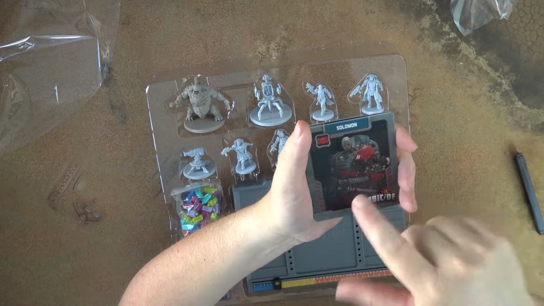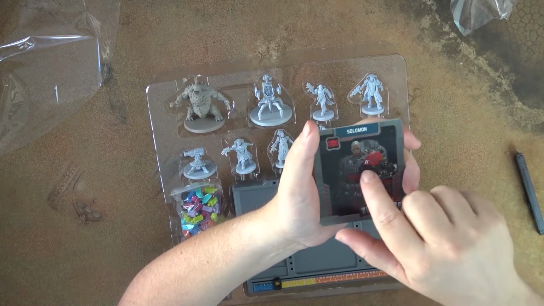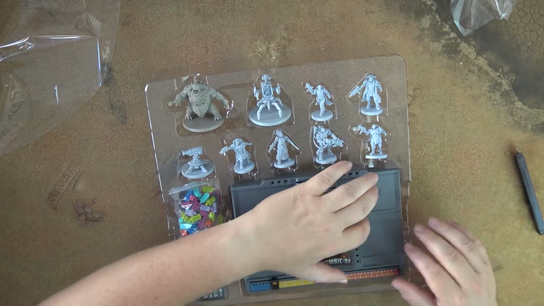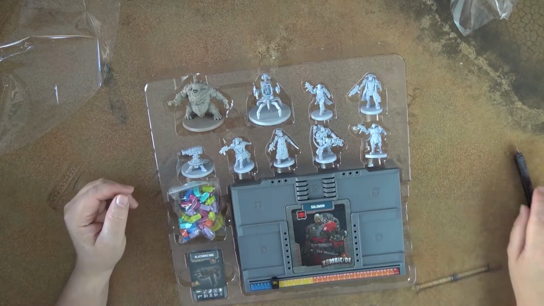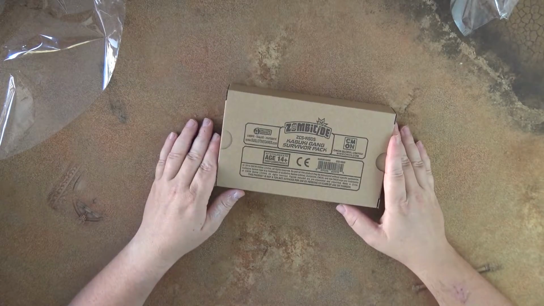This time they do not have the flags of the countries. In the core box they had the flag of the country which they come from, which I actually liked. Now, the other